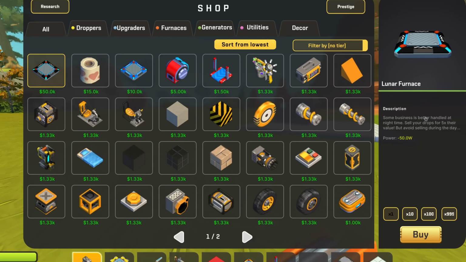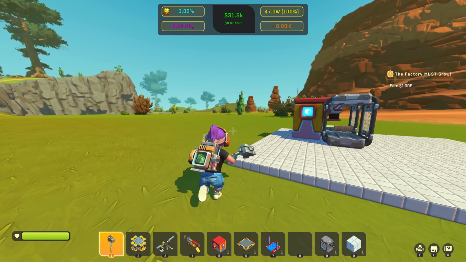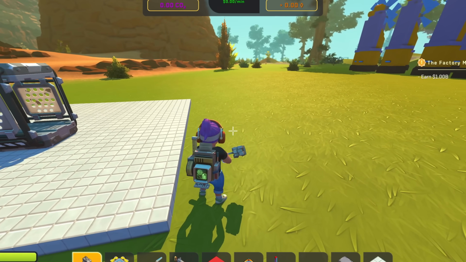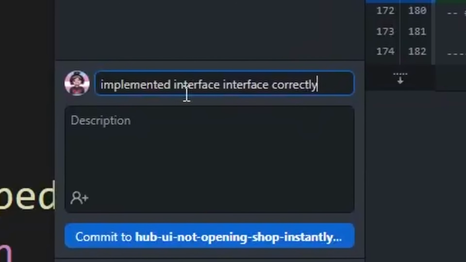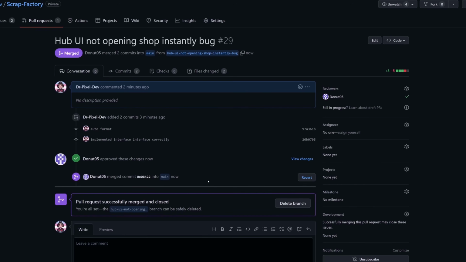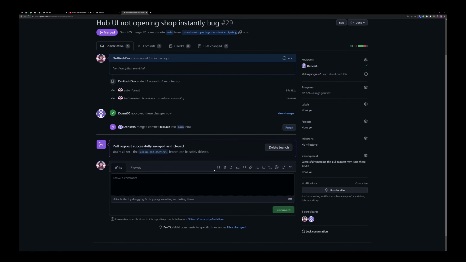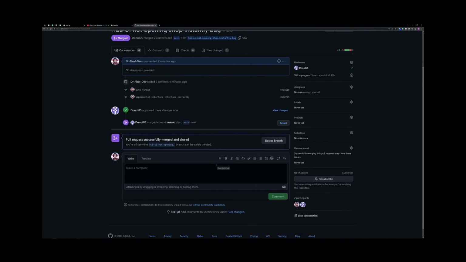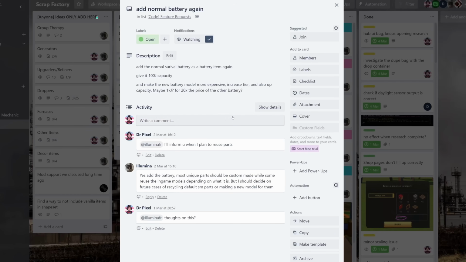The shop, yeah, and now the bug is fixed. It was a pretty simple bug, and I think it only happened because I don't have documentation. Yes, basically I just implemented the interface correctly. Okay, I successfully made a merge request for the first time, because usually I just use my admin privileges to skip this entire step. Okay, this is a quick task I can work on.